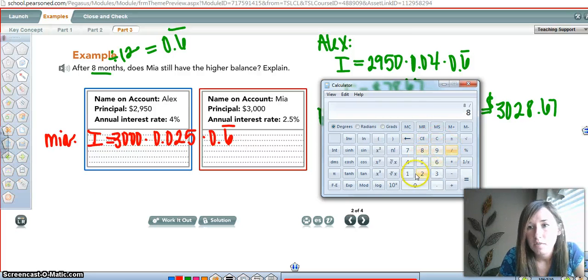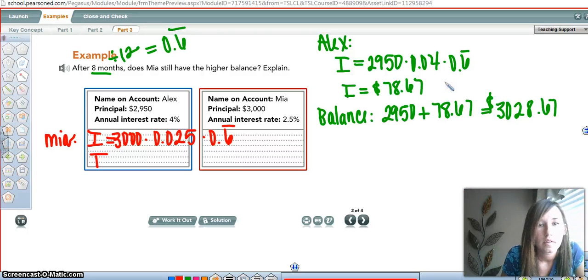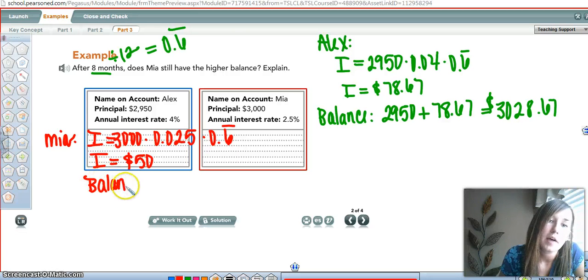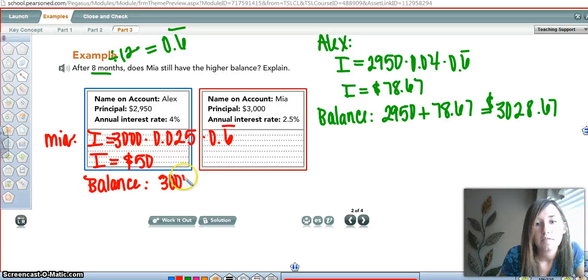I'm just going to do 8 divided by 12 again. So I get that repeating 6 in my calculator times 0.025 times 3,000. $50 in interest. Since her original amount was $3,000, we add the $50